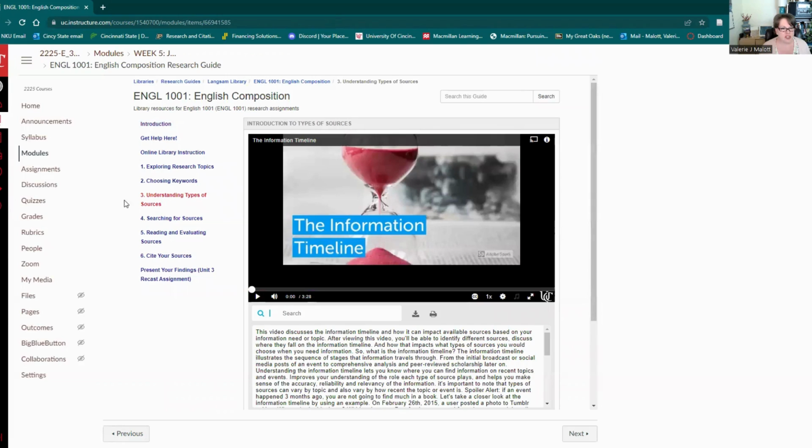So this is actually the complete guide over here in the left-hand sidebar. So if you're curious and you want to navigate from the very beginning, you can do that. You click on these links and you navigate that way. I am starting right in the middle because this is the information that I think is most important. So we will be focusing on 3, 4, and 5. 6, you don't need to look at this last link here. So 3 through 6